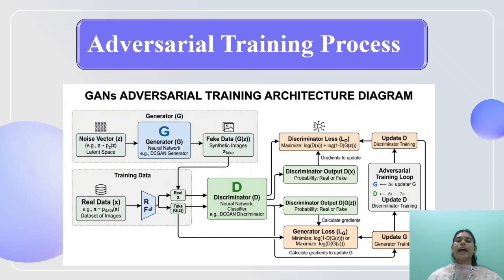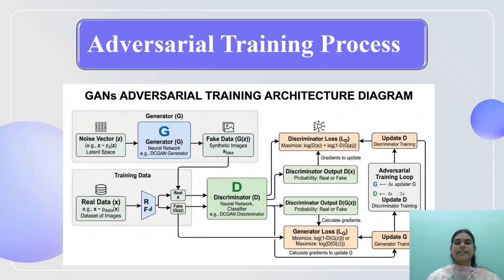Now I'll discuss the adversarial training process. GAN has two neural networks that compete with each other: the generator and the discriminator. The generator tries to create new data, and the discriminator tries to detect whether the data is real or fake. In this scenario, we first start with a random noise vector, which is just random numbers. Then the generator takes the input and produces a fake image.